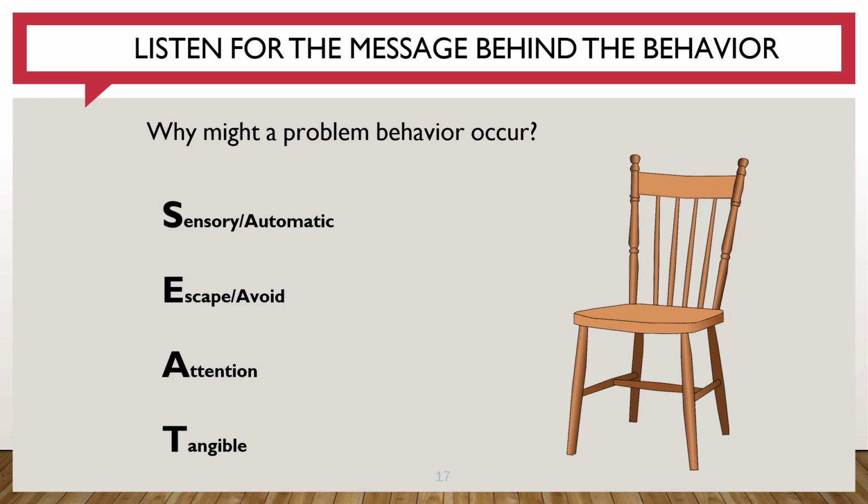So once we have collected that data, then we are looking for the function of the behavior. So what is the behavior telling us? Maybe the behavior is telling us something, and we use the acronym SEAT. Everybody takes a seat. We all have functions of behavior. Everybody's behavior comes back to some specific reasons, right? We all seek out sensory needs, right? Or automatic reinforcement. Sensory needs might be, I am self-stimulating. Maybe I am seeking out heavy work or deep pressure.